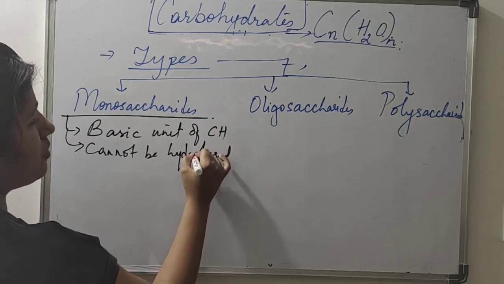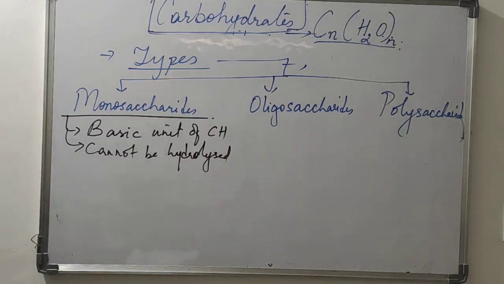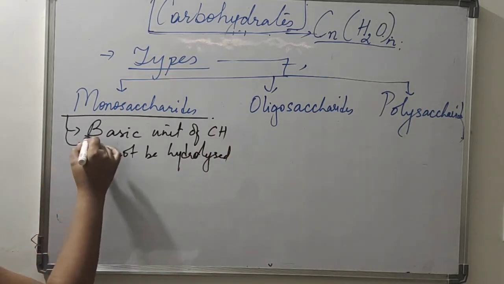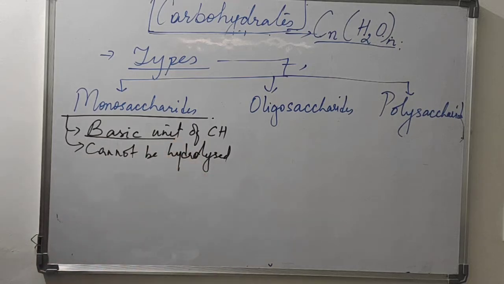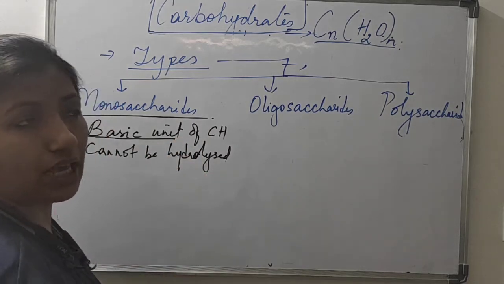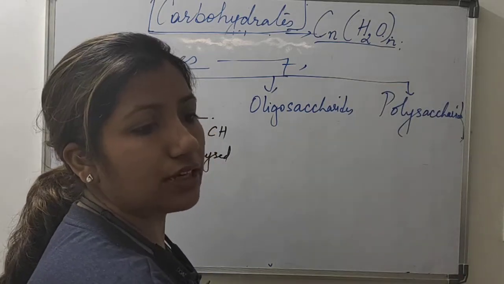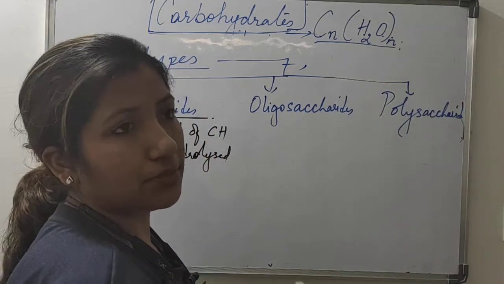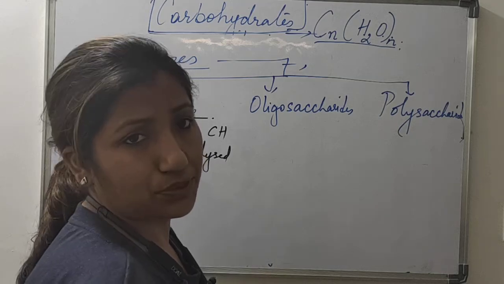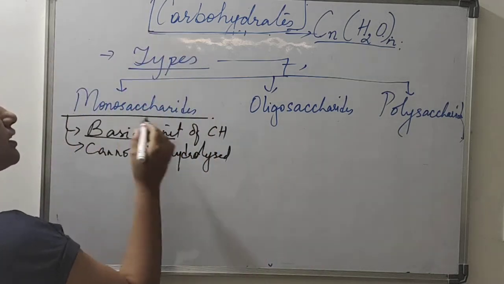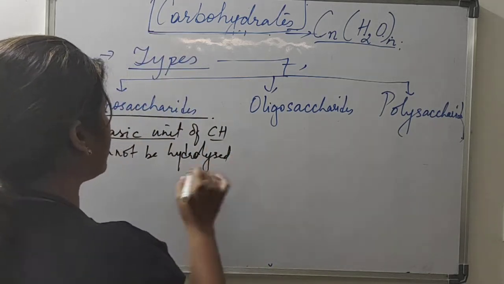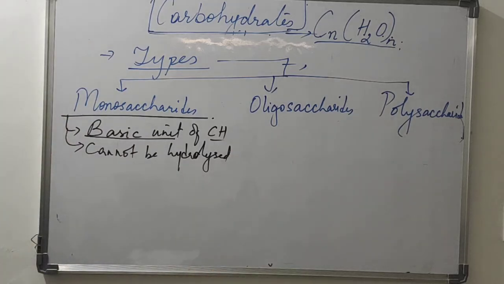Hydrolyzed means cannot be broken down by the enzyme, because they are already the smallest unit. So how can you break down the smallest unit, right? Like protein breaks down into amino acid, and after that you cannot break down amino acid further, because amino acid is the smallest unit of protein. In the same manner, monosaccharide is the smallest unit of carbohydrate, and it cannot be hydrolyzed further. Now